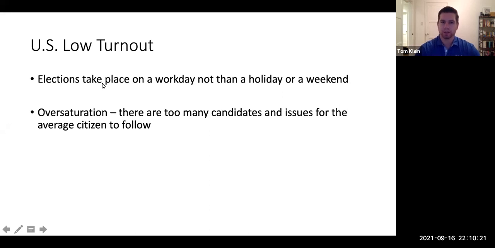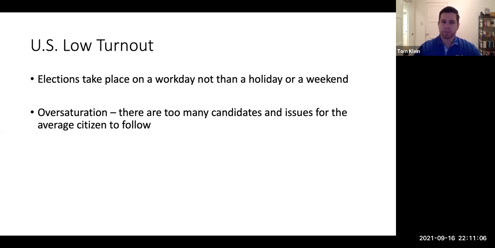Also, another reason we tend to have low turnout is, as I said before, elections take place on a Tuesday. People work. We don't have it as a national holiday. And, I don't like to give my own opinions in these classes, but I'm going to go ahead and do it here. I think that's absolutely ridiculous that we vote on a Tuesday. I mean, your work in California is supposed to give you time off to vote, but everyone's so busy with work, and sometimes they just ignore this. There is no excuse for it not to be a national holiday. I'm just going to be frank about it. We should have the day off, and all you have to do that day is vote. If we want to see voter turnout rise, I think that's the best way to do it. Again, not to give my personal opinions, but I think it's absolutely ridiculous.